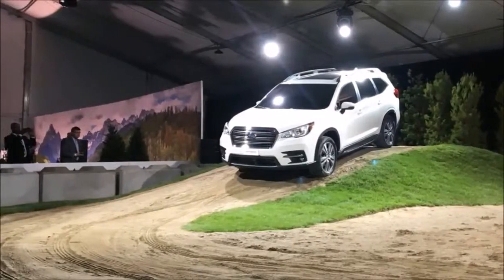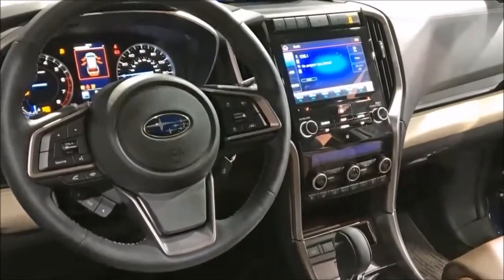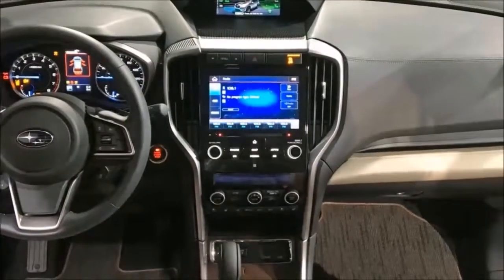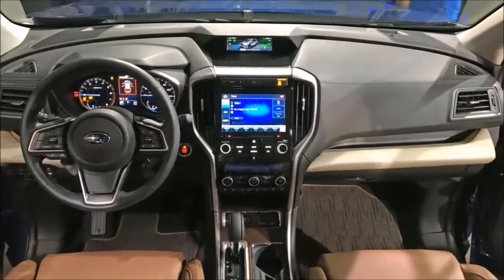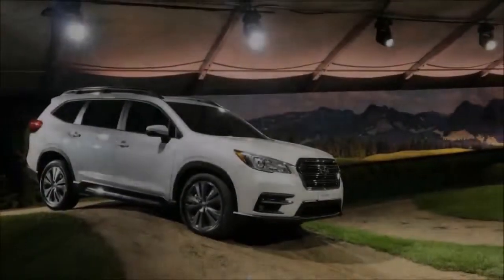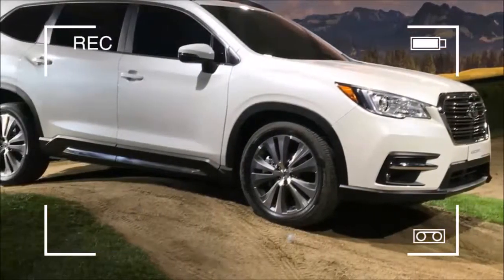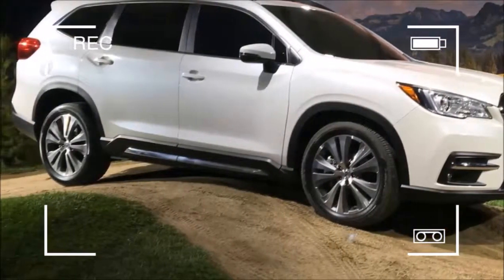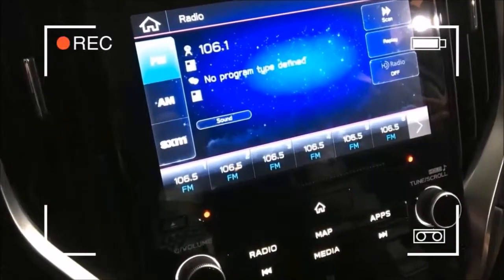The Ascent Limited starts at $39,970 with either 8 or 7-passenger seating. It adds 20-inch wheels, adaptive LED headlights, LED fog lights, a power liftgate, leather seating, proximity entry and push-button start, second-row sunshades and 2 additional USB ports. An optional package including a panoramic sunroof, a cargo cover, integrated navigation and a Harman Kardon sound system can be added for